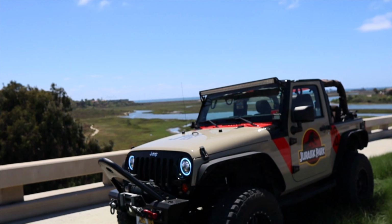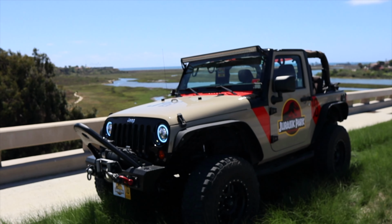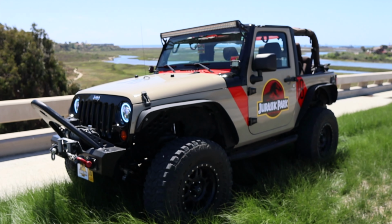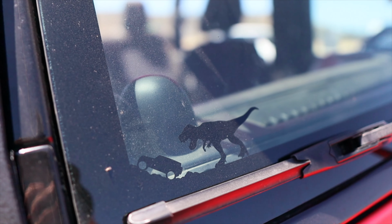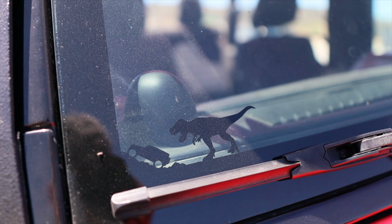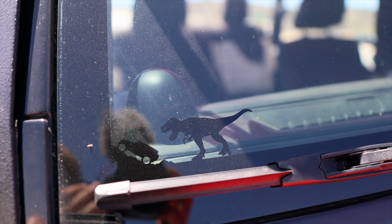For today's video, we have my 2012 Jeep Wrangler. We're gonna be telling you hidden features of this car. Coming in first place, we have this dinosaur. As you guys can tell right now, it's chasing the Jeep. This Jeep was obviously stock with the car. I have a Jurassic Park Jeep, so that's one of the first hidden features, and honestly my favorite hidden feature